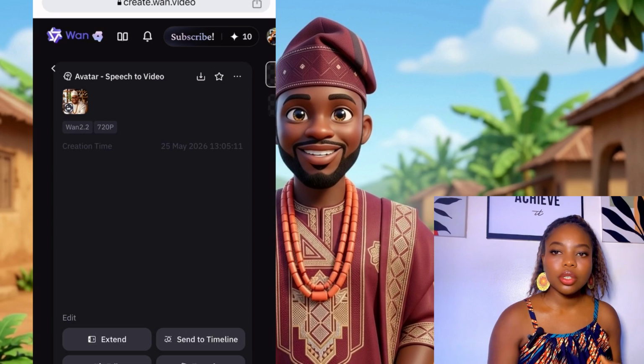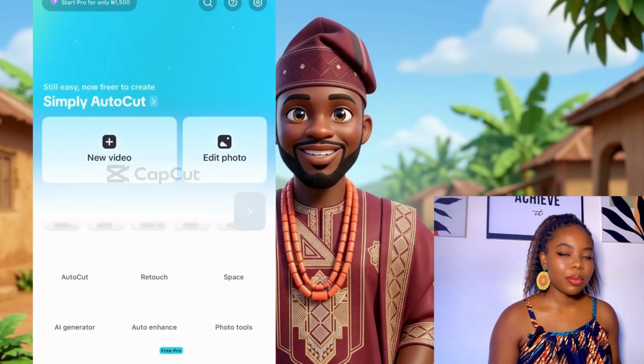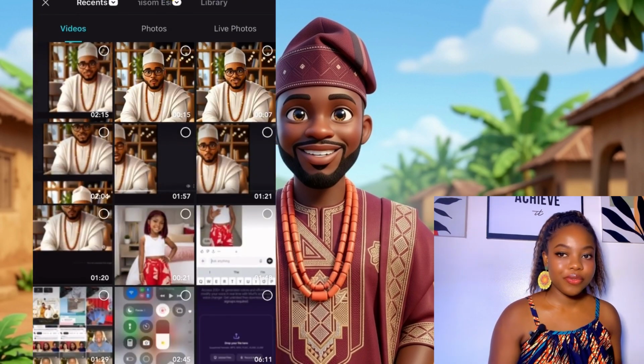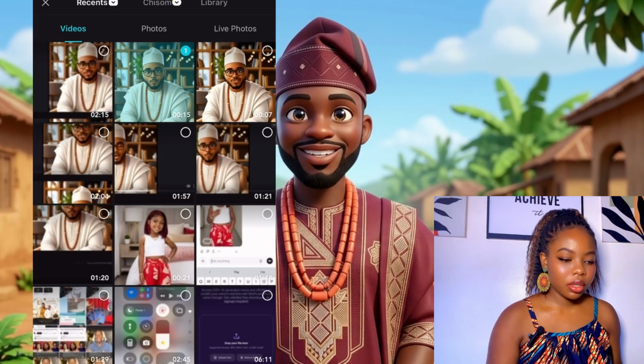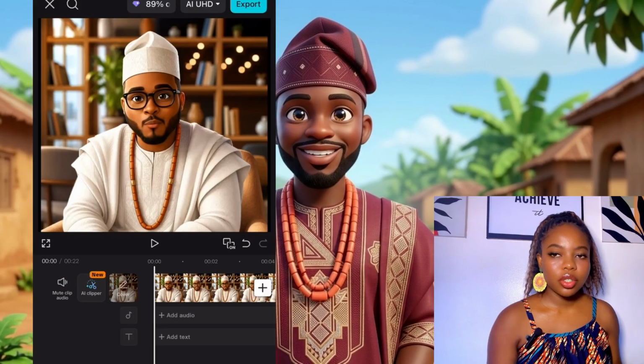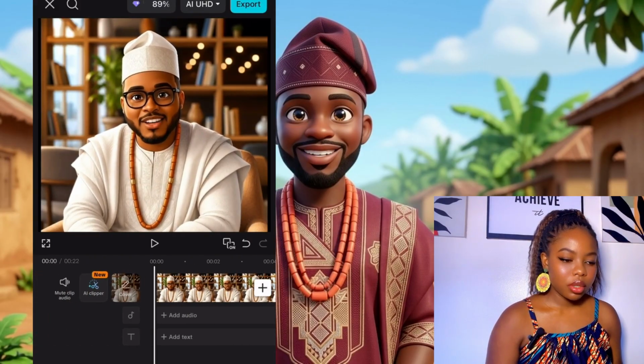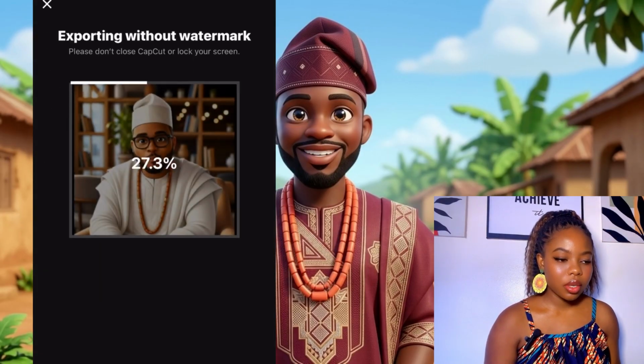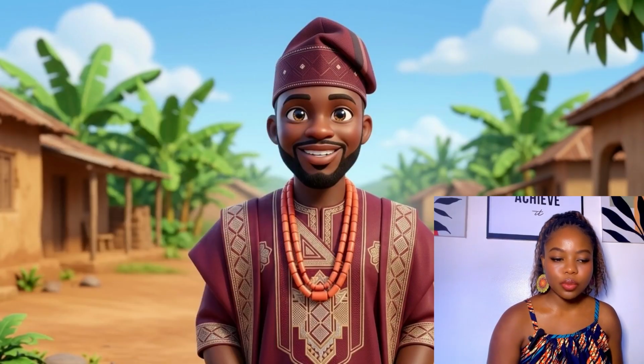So for us to now join the video together, we will be using CapCut, just the normal way you edit your videos. So I'll just go to CapCut, select the two clips and join it together. So now I'll join this together, so I'll go ahead and export it to my device. So that is everything for this video. This is how to make your avatar talk, to avoid your video sounding robotic or fake, and also to avoid